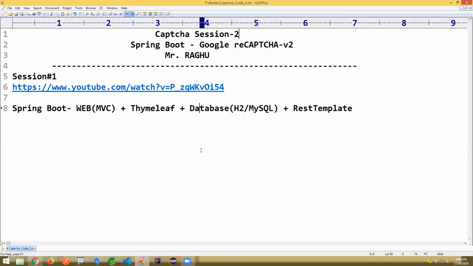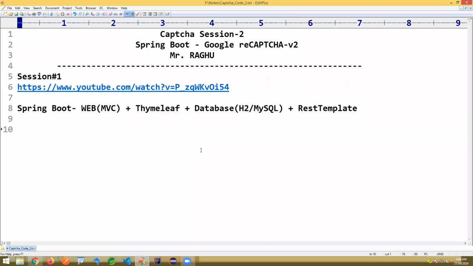To work with this CAPTCHA programming, we have two steps in the setup. In step one, we need to register our application at the Google reCAPTCHA server.